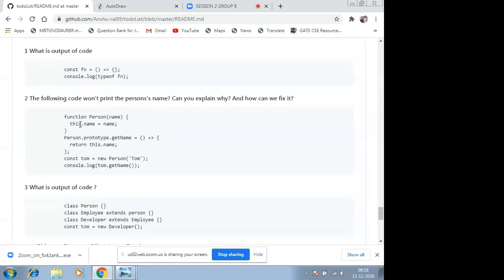And inside it, we are assigning this.name equal to name. So at global level, inside a function, if I write this, where does this bind to?